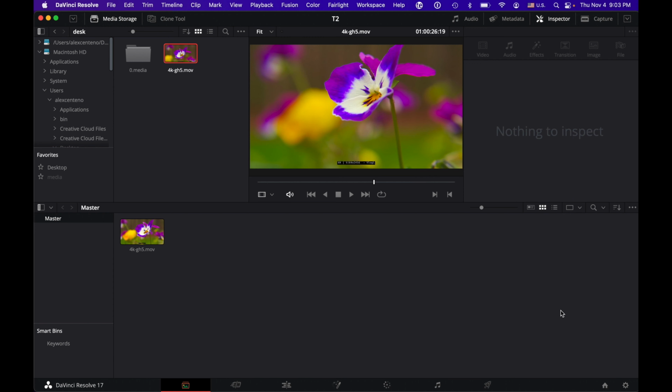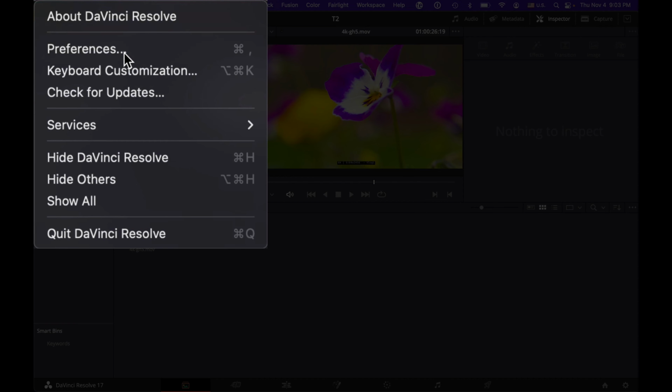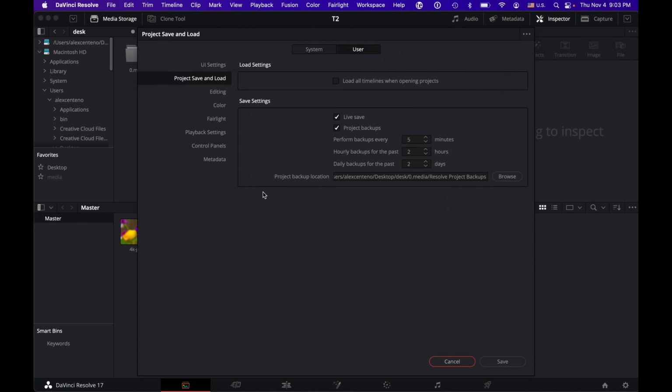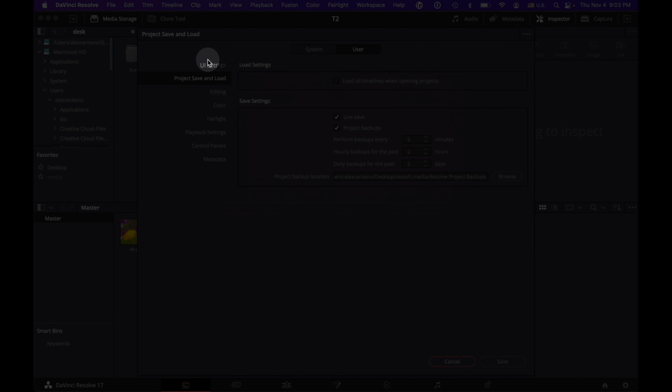Actually, before we do that, let's take a look at some of the preferences, since this would be probably one of your first times that you are setting this up. Then it's probably a good idea to take a look at the primary ones. So if you go to the settings, you'll find that there's two tabs, System and User. Let's start by User. The one that you want to take a look at first is Project Save and Load,